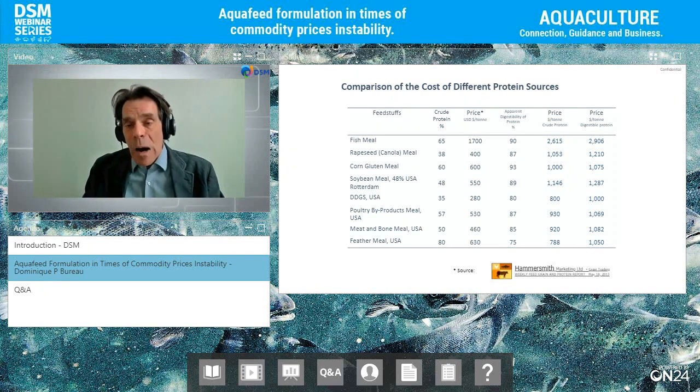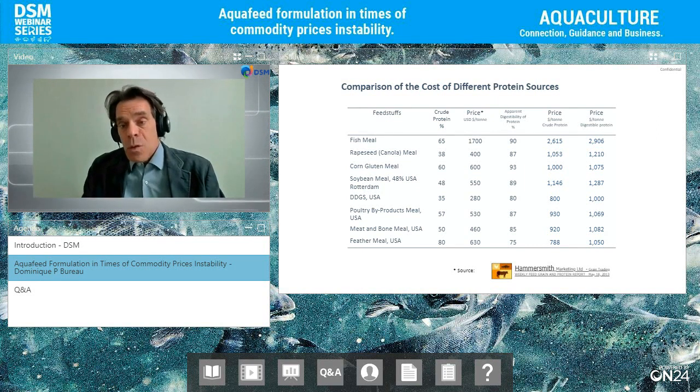This, however, is imperfect because fish meal is not just a source of protein. It's a source of lipids, there's some residual lipids, it's a source of EPA, DHA, which is expensive. It's a source of phosphorus, which is expensive. So you should actually be computing the value not just on the basis of protein, but also on the basis of other useful nutrients that can be expensive.